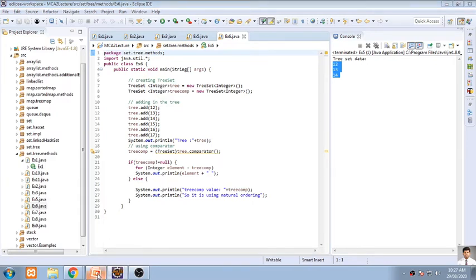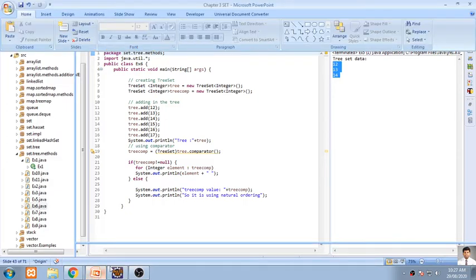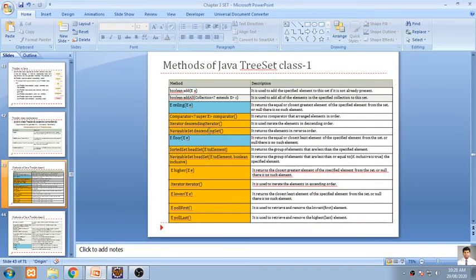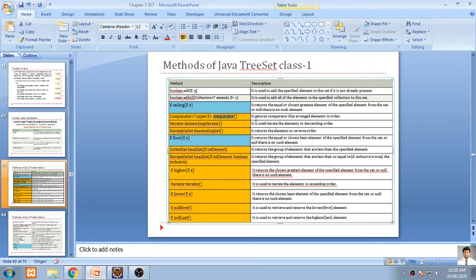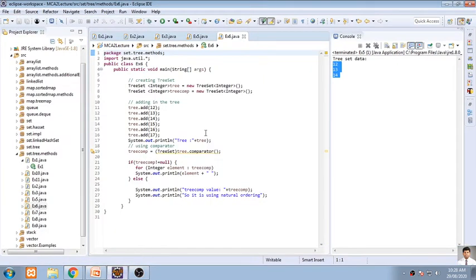Okay. Now the second function, that is comparator. Now see what is comparator. This is a function of class comparator. Now what does it do? It returns a comparison. Here what we are doing is running a program that will do some operation of comparison of different elements of your list.